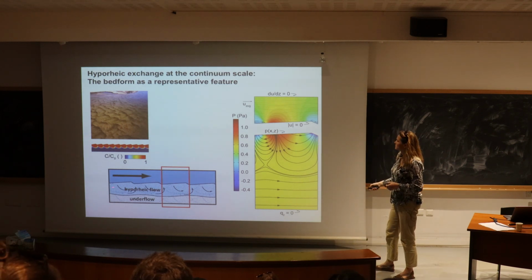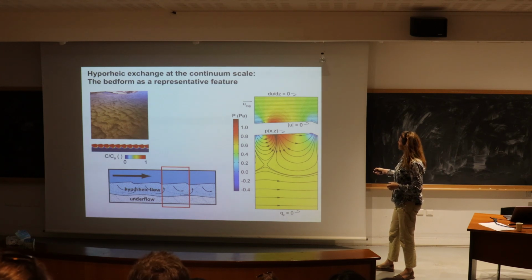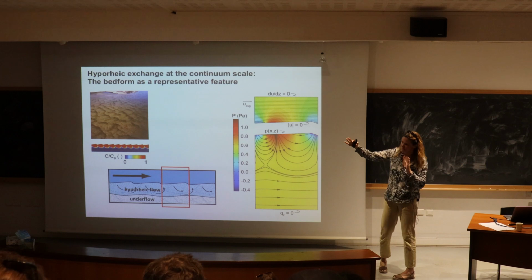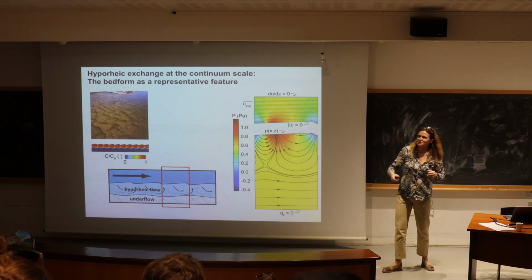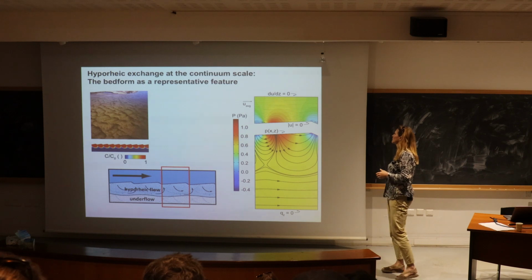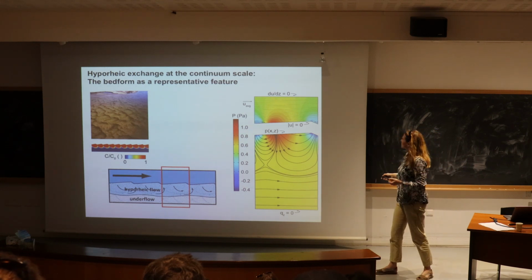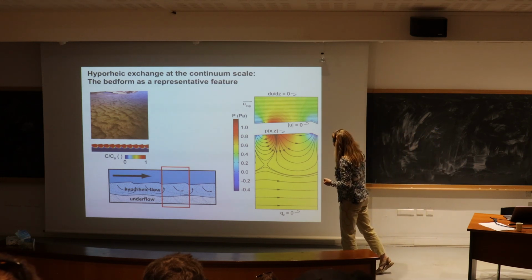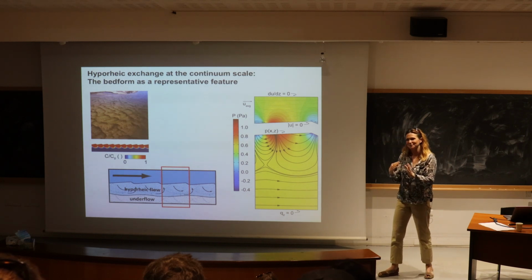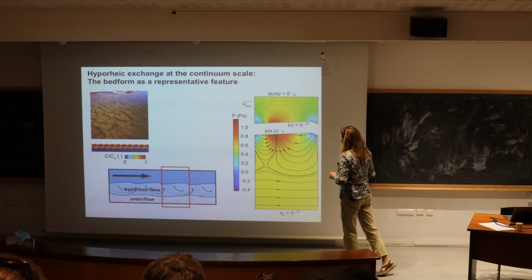And if you have a train of these things, basically what happens is there's flow of surface water over the bed form crest and trough. And we get a zone of high pressure as surface water is moving against the bed form face. And then in the recirculation zone and right at the crest, we get a zone of lower pressure. And all of that drives downwelling through the upstream side of the bed form and upwelling downstream.